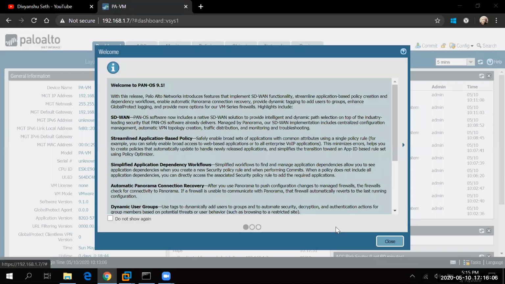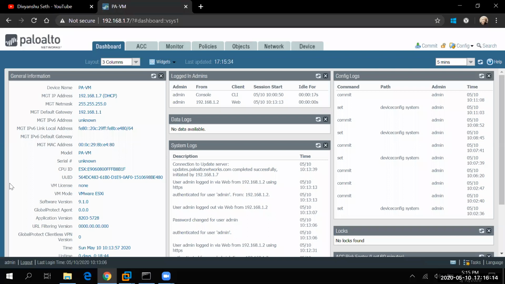Let me just see if I'll be able to change this IP from the GUI or not. So here we are able to see that we are logged into the firewall. Now let me go to the Devices tab. Let me just click on the Devices tab.